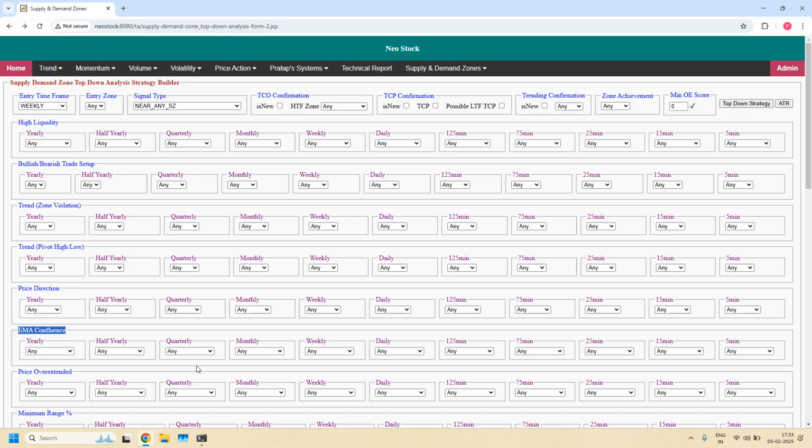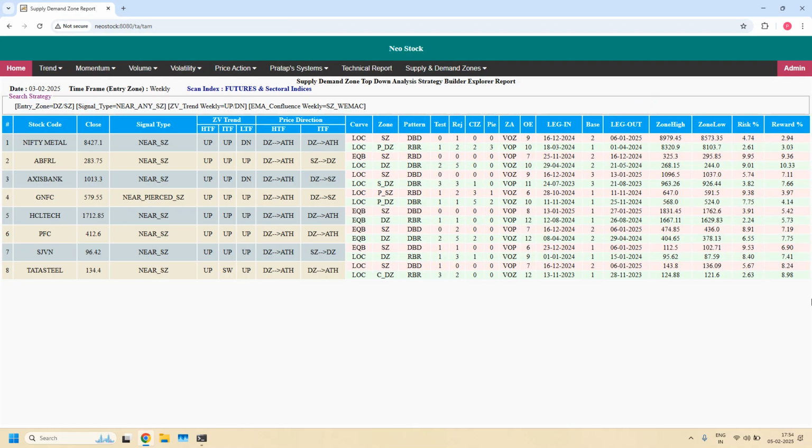I am setting the filter EMA confluence on weekly time frame. So I am setting the filter weekly supply zone having weekly EMA confluence. But the trend on the weekly should be either up or down, but not sideways. Let's filter. See, now the list has come down to 8 stocks. These 8 weekly supply zones are having weekly EMA confluence. These are the stocks near weekly supply zone, filtered with EMA confluence. Okay, next,